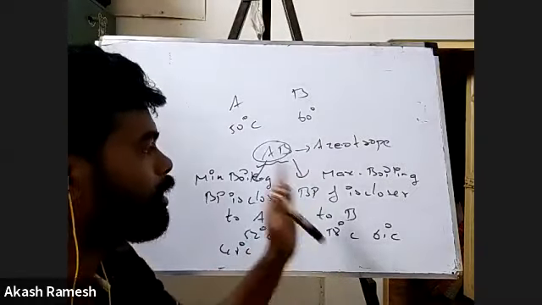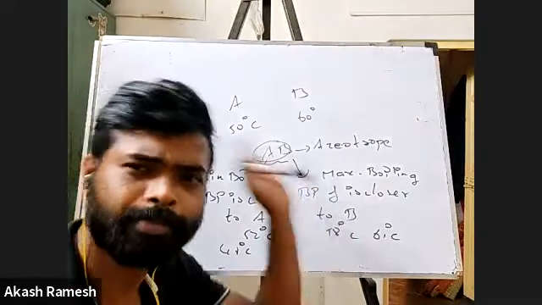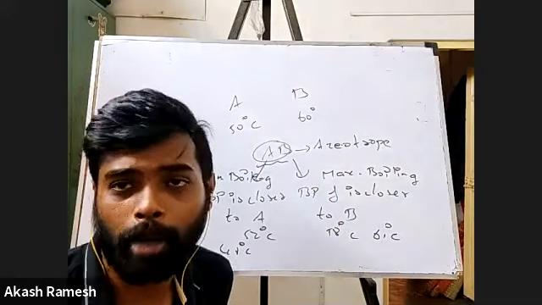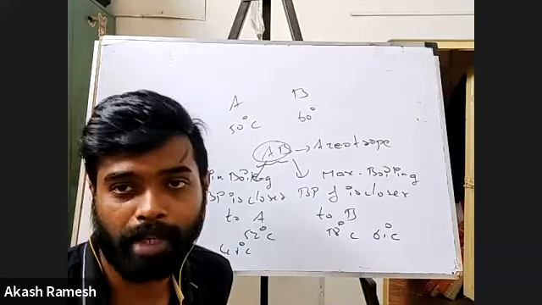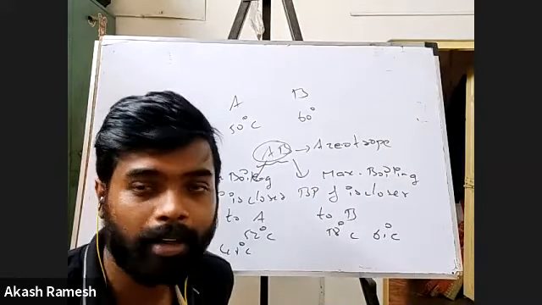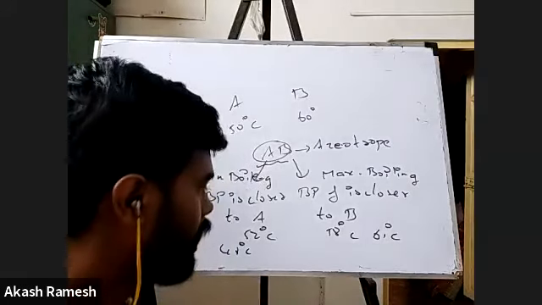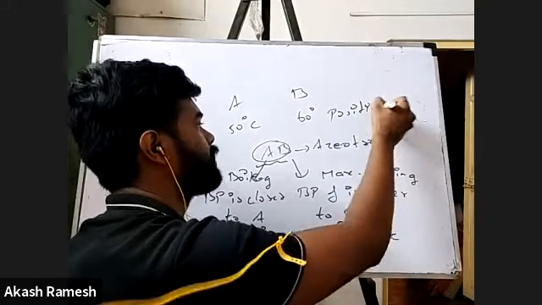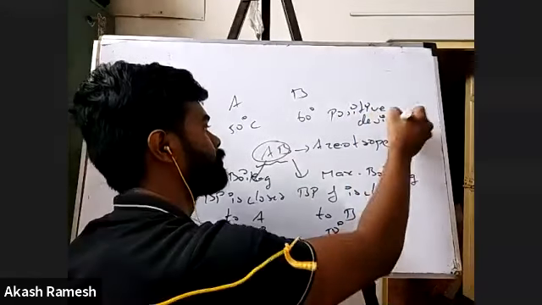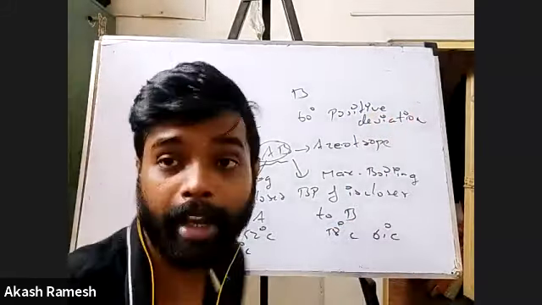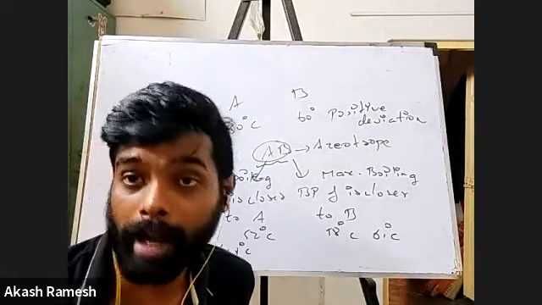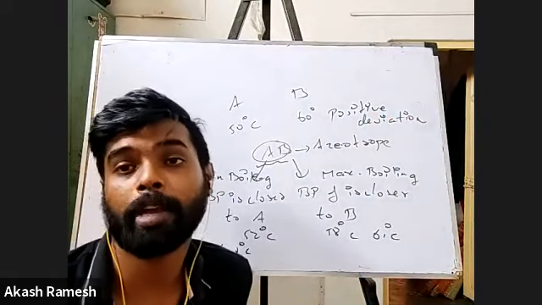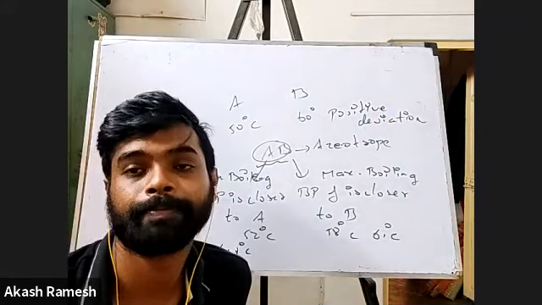Now, how are we going to connect this to Raoult's law, positive deviation and negative deviation is what we have to understand. Now, please understand, people. When I say, for example, if I take a solution which is showing positive deviation, if I take a non-ideal solution which is showing positive deviation from Raoult's law,